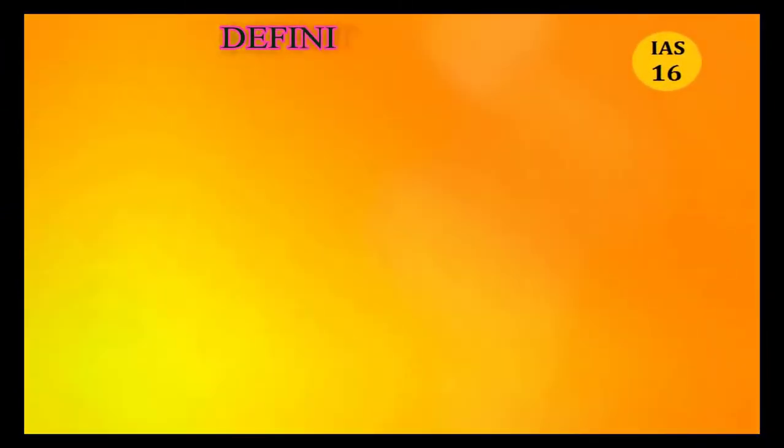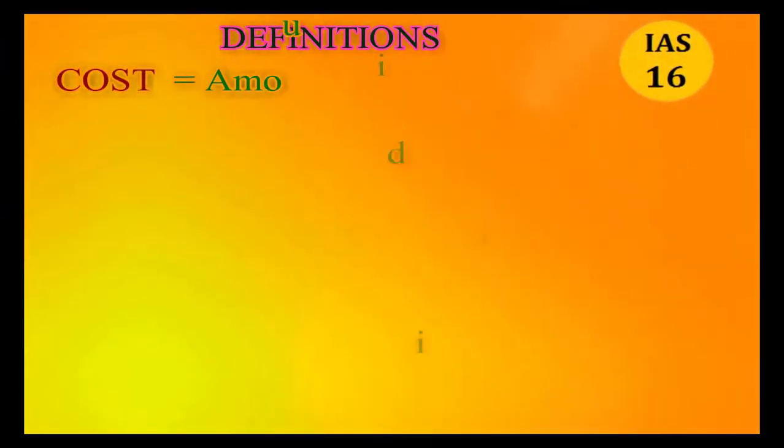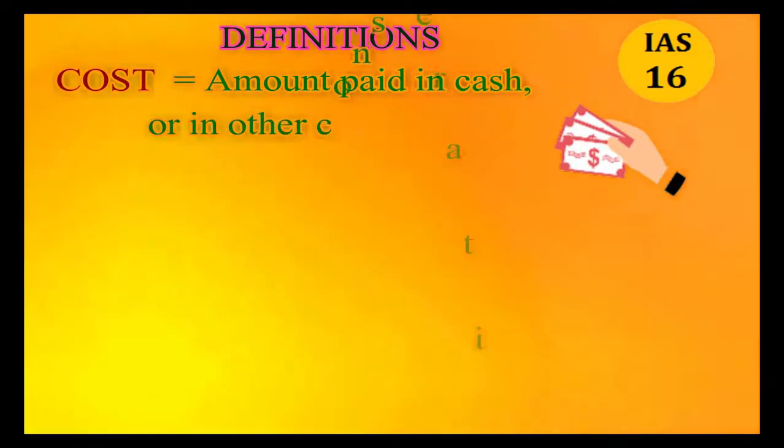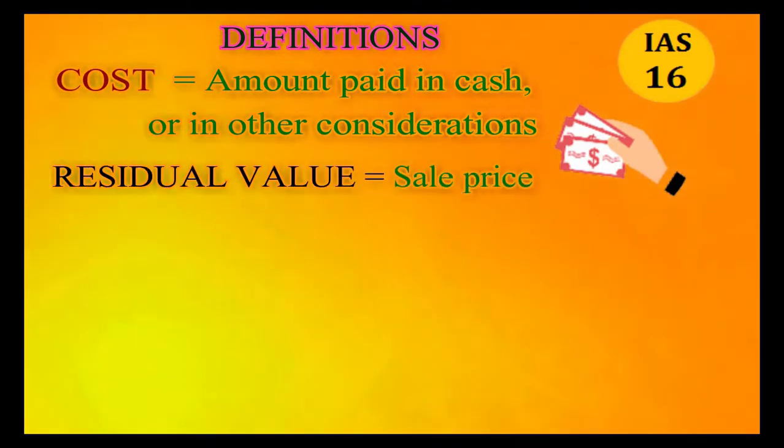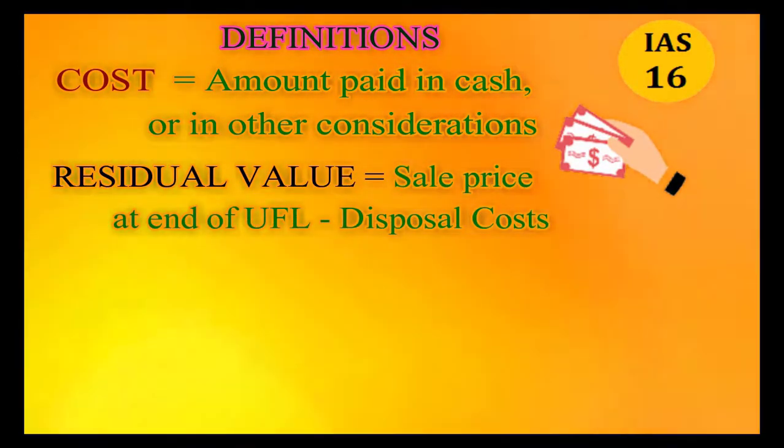Then comes the cost, is the amount of cash or cash equivalents paid or the fair value of the other consideration given to acquire an asset at the time of its acquisition or construction. Residual value is the estimated amount that an entity would currently obtain from disposal of the asset after deducting the estimated costs of disposal if the asset were already of the age and in the condition expected at the end